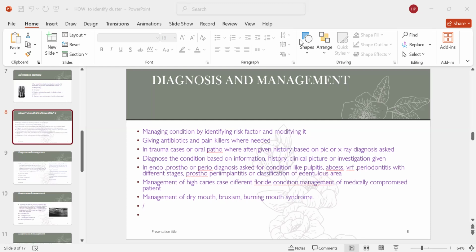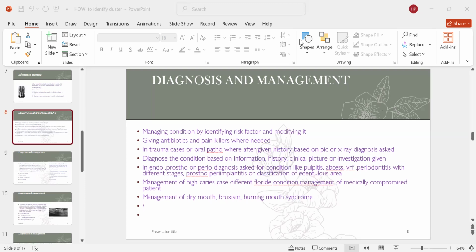So this part, the antibiotic prophylaxis, the antibiotics you give before the treatment in cellulitis cases, and the painkiller you give if the patient has an NSAID problem. Say the patient has asthma, is taking a steroid pump, and they give you different painkiller combinations. Which painkiller will you give for the patient's pain, right? If the patient has asthma and is taking steroids, you can't give NSAIDs. You can't combine steroids and NSAIDs, right? So that comes to the management part.